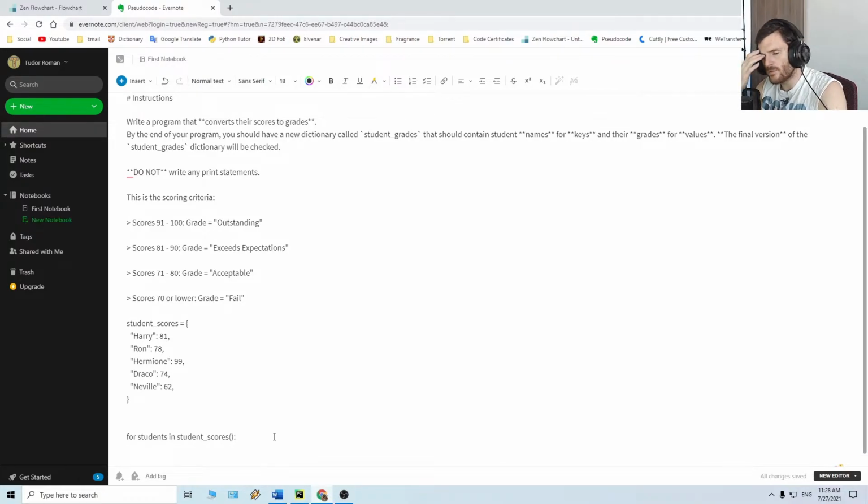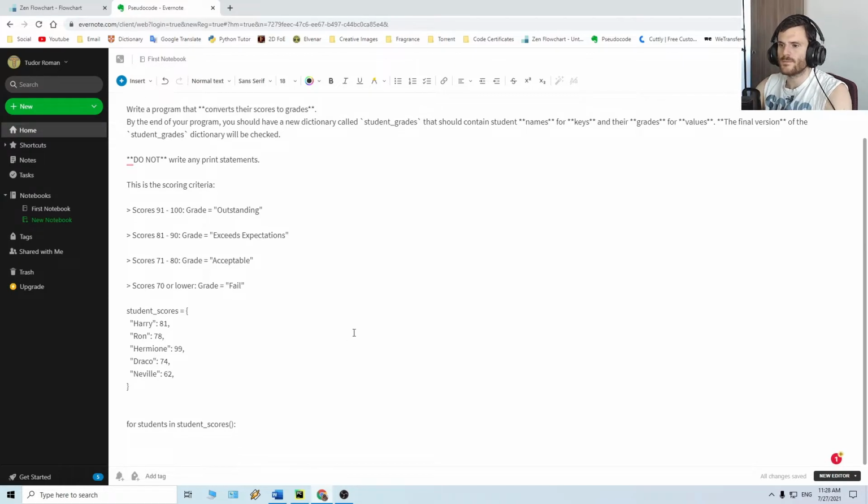Here I will make a new variable called student grade 0. So for each key, I have to access values, and I can access values by